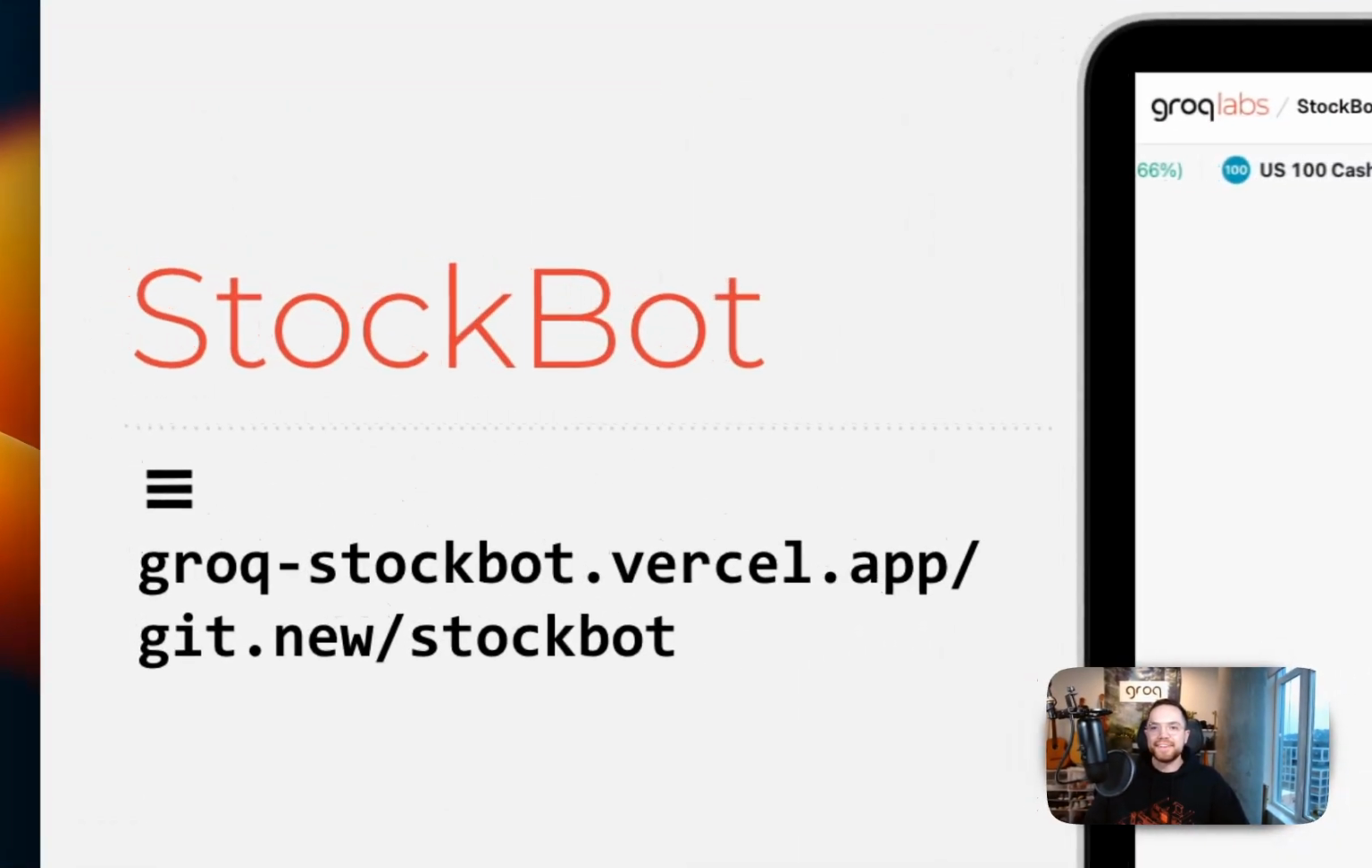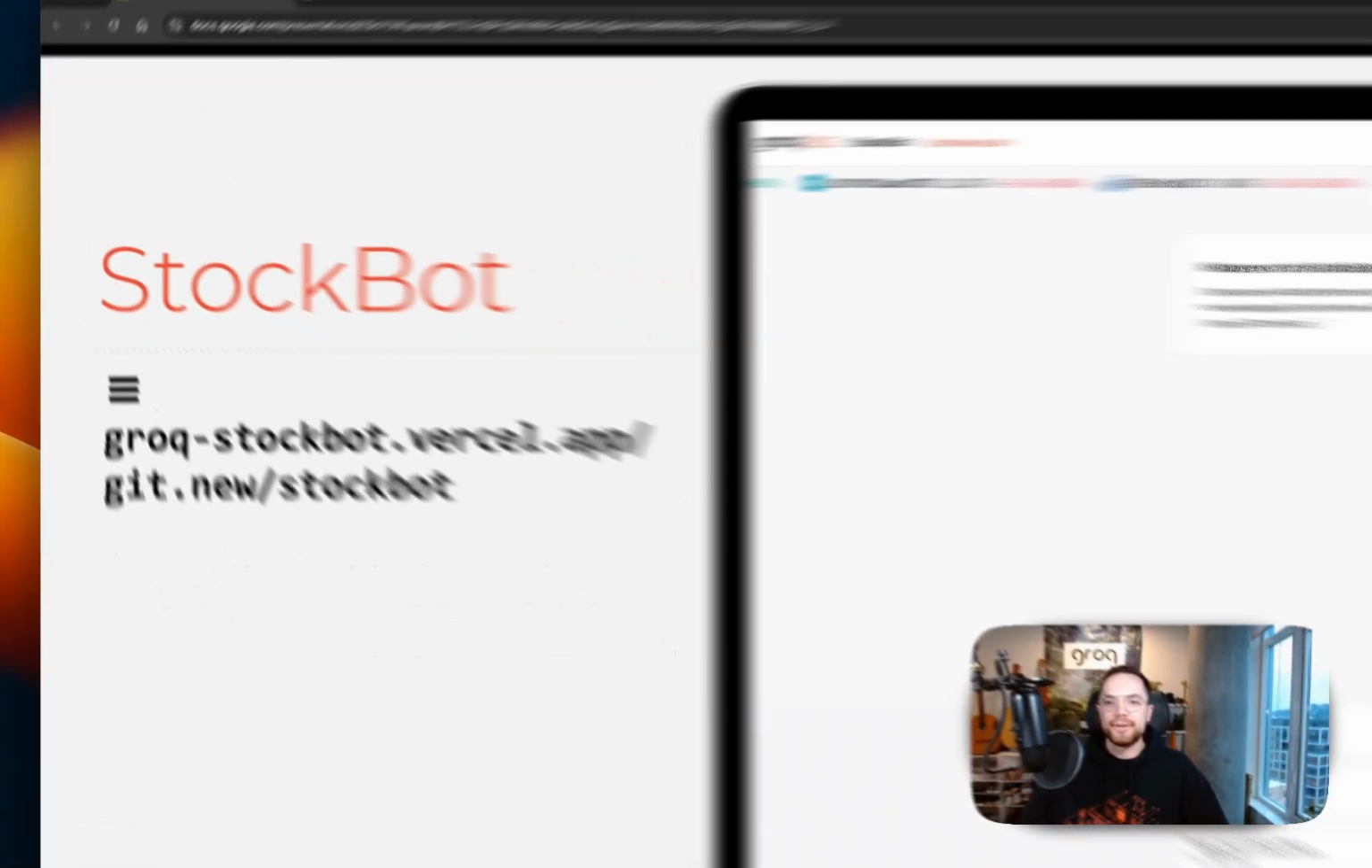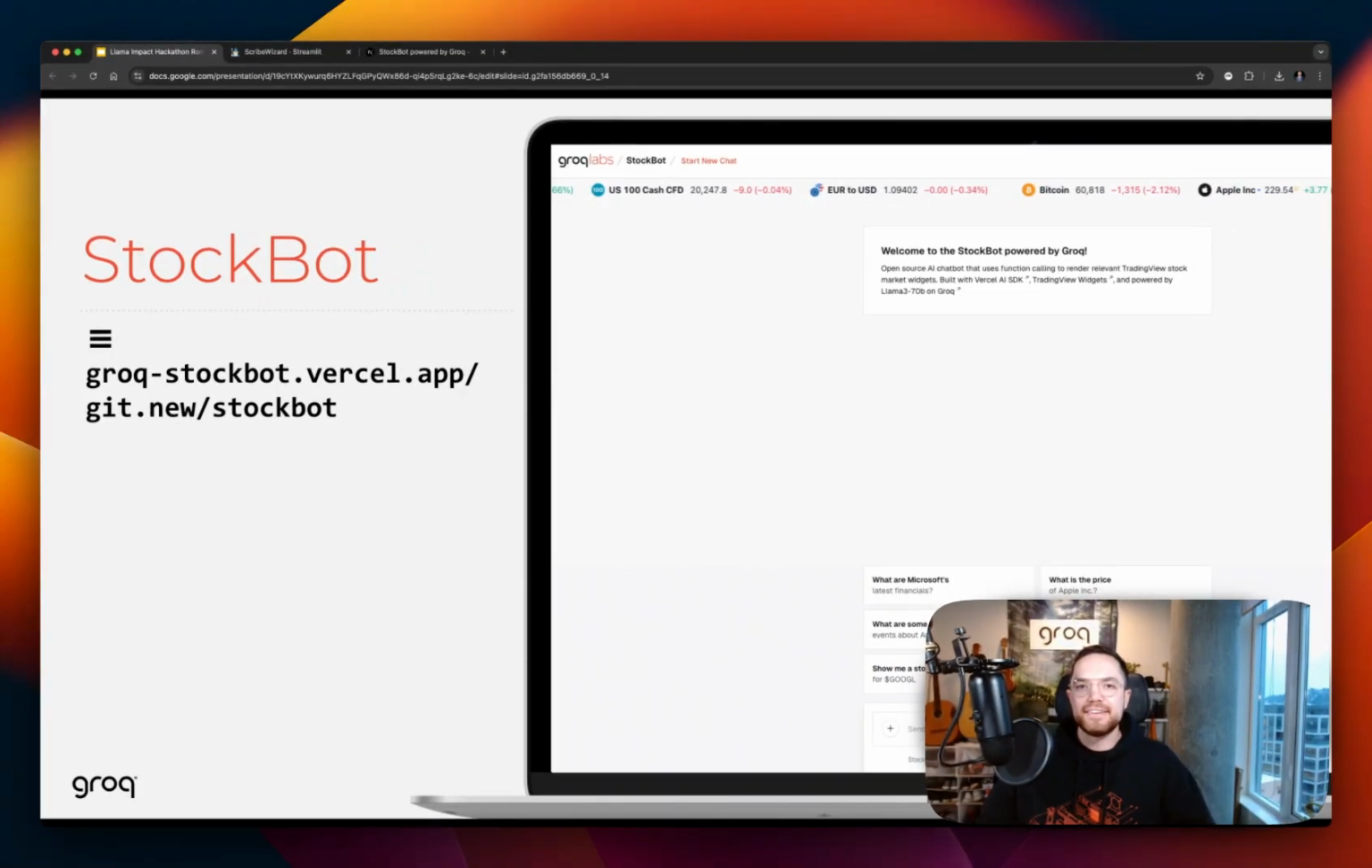Now, the next application I have for you guys is StockBot. And to set the stage here, I'm sure many of you buy, sell, or trade stocks in some way, shape, or form. And for you day traders out there, you're probably constantly frustrated with the clunky interfaces of Yahoo Finance and E-Trade. Well, StockBot solves that problem, allowing you to pull up real-time dynamic stock information and charts using natural